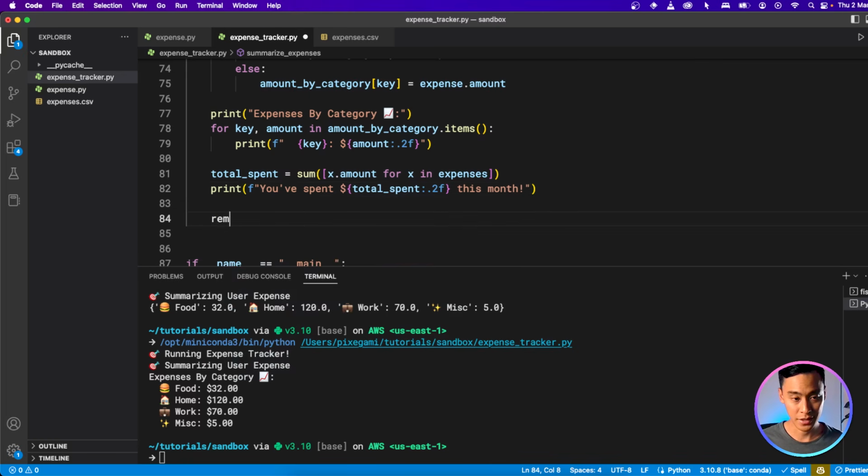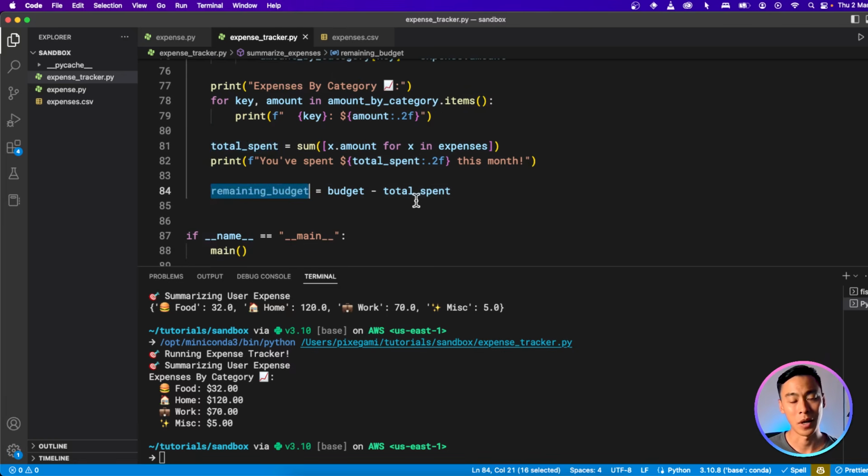And now we'll go back to our function and use it. So remaining budget is simply equal to the budget minus the total spent. If you really want to make the app nice, you might think of what to do if this becomes negative. Do you want to set this to 0, or do you want to keep it negative to say that, hey, you've gone over budget by this much? Up to you. I'm not going to do anything with it yet because we're kind of going out of scope now. So I'm just going to leave it like this, and I'll print this out as well.